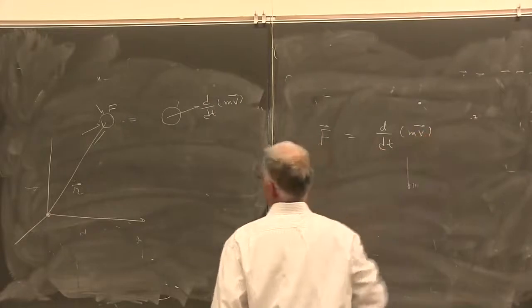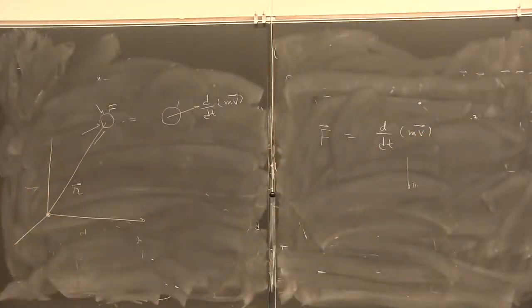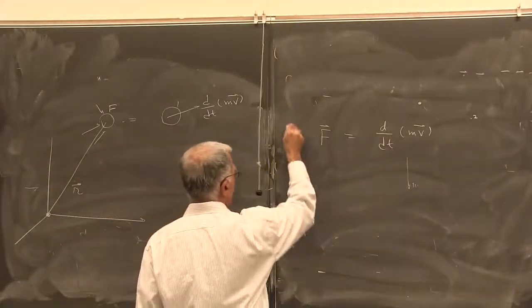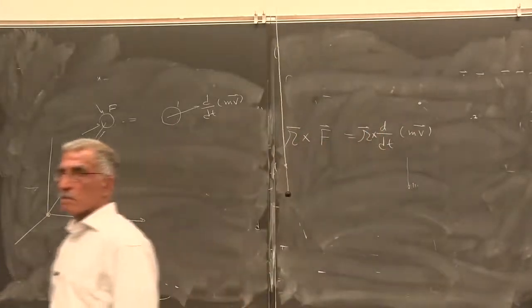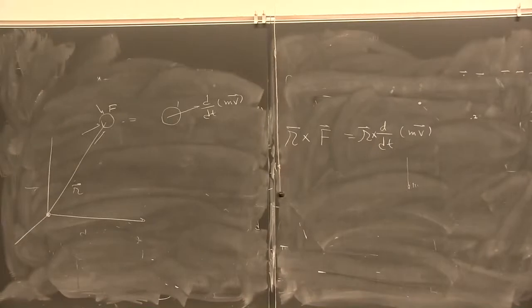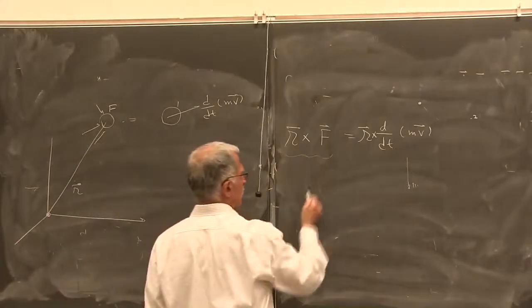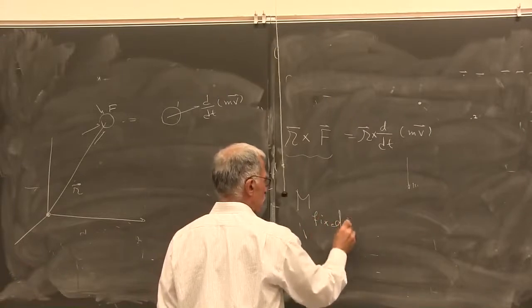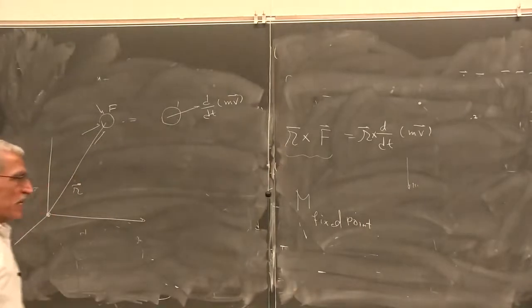Now if I multiply both sides of this equation by r, that is like a moment. And that shows that the moment of all forces with respect to a fixed point is equal to